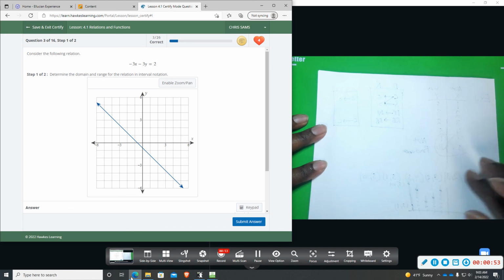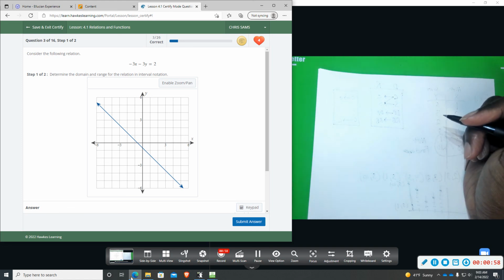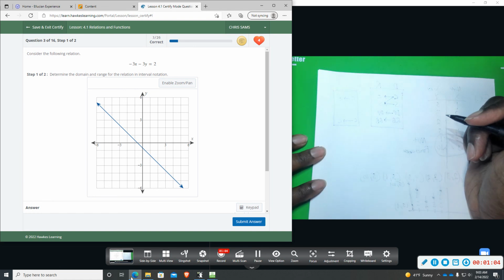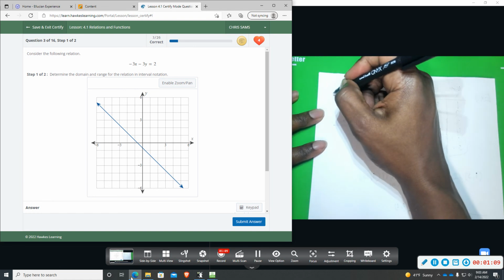I don't have a set of rules for the range, but we will look at the parent functions and we'll be able to figure that out with some of the basics, which I'll have to add. I guess that's something I forgot to do. I have to go back and look. But as far as domain,